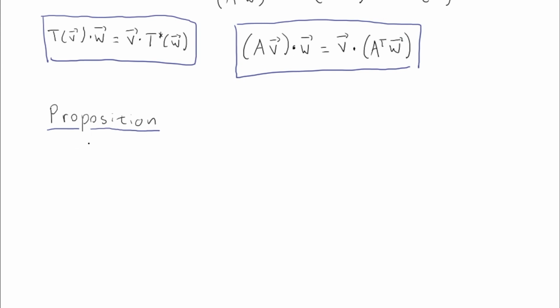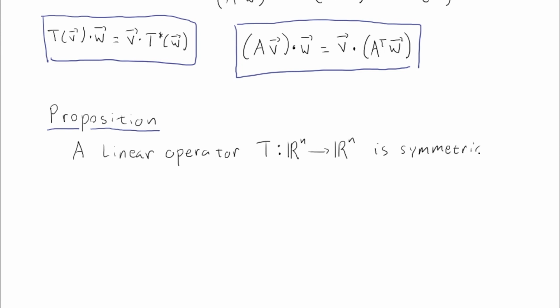Now, this proposition says a different way of saying that an operator is symmetric. A linear operator T from Rn to Rn is symmetric if and only if